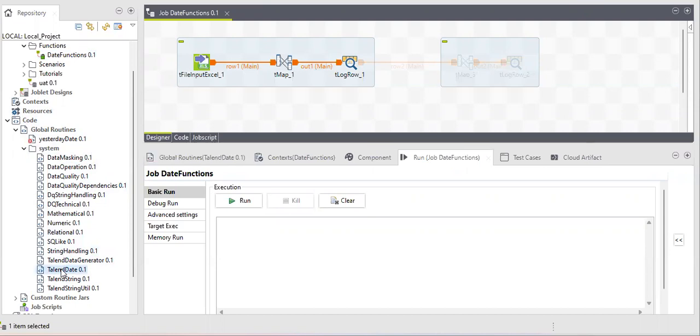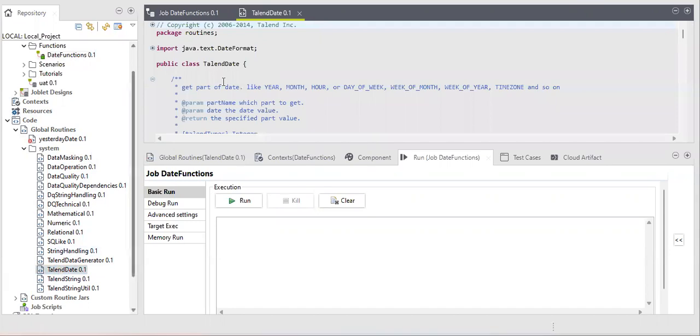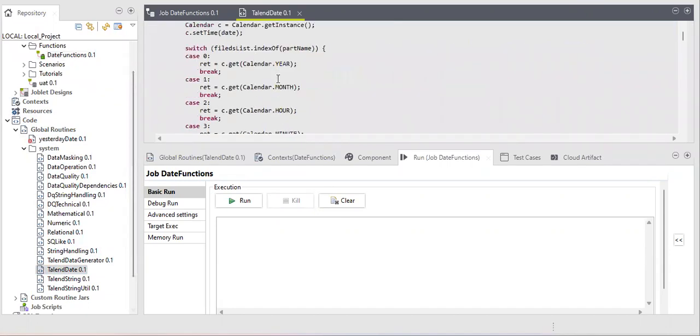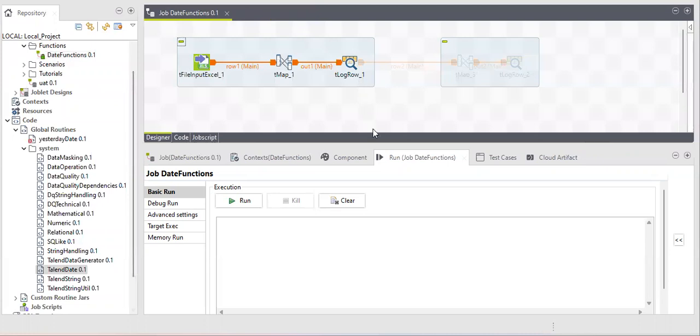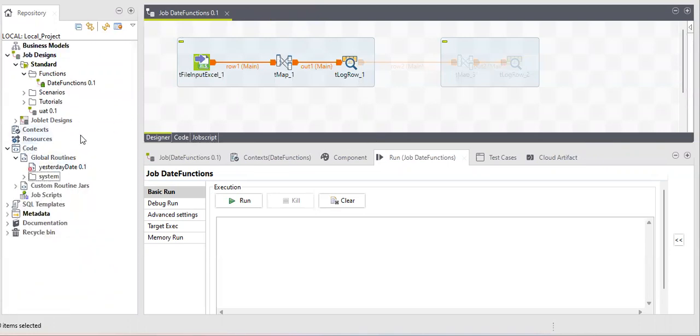This is TalendDate. All your date related functions are scripted here, and you cannot modify this script. You can open it, see the implementation, and learn from it. Easy to follow. You can go through it once and check. So why did I choose this routine first? Because I know